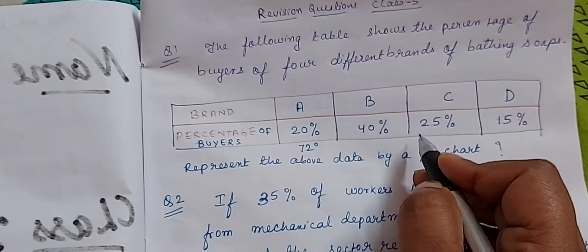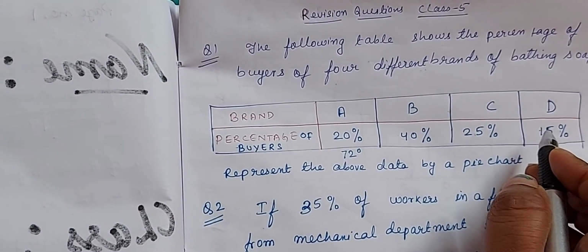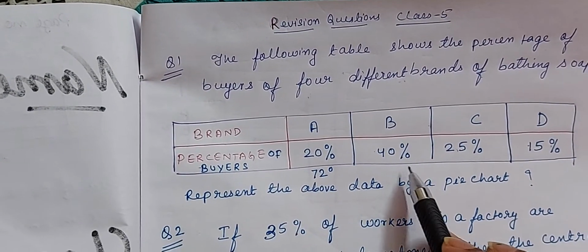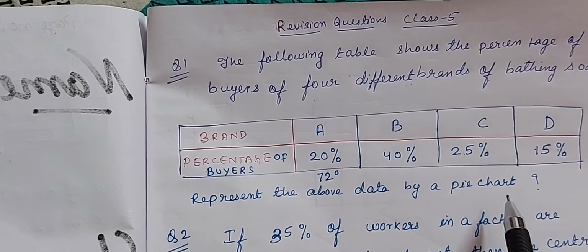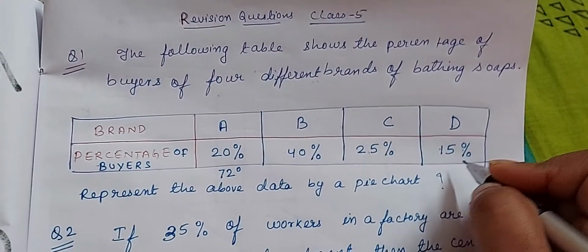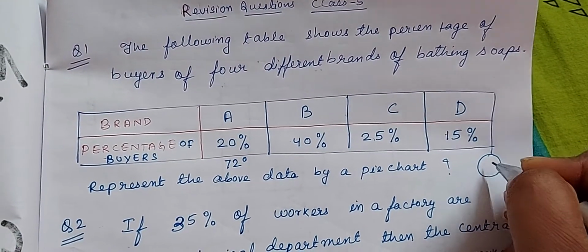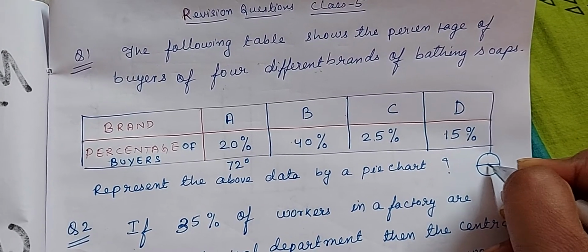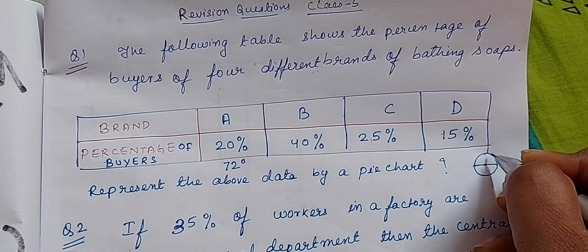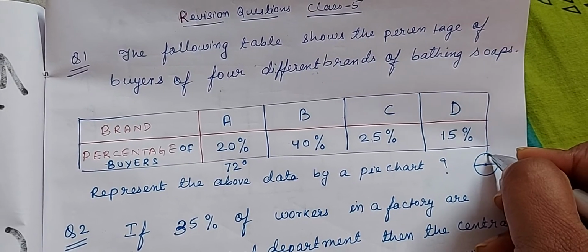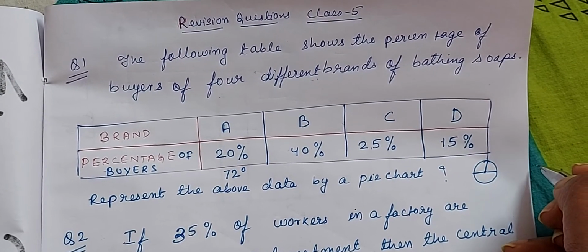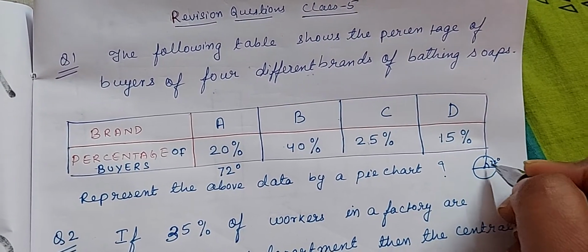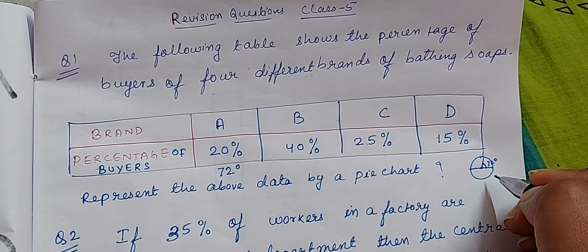Okay, and then with the help of your protractor, you will measure. You first make a circle. Okay, make a circle like this, make a straight line this way, and from here you keep your protractor. This is the baseline, and then you measure 72 degree, and then you make the arm of the angle, and this forms the 72 degree. In this way you please go for the other angles.